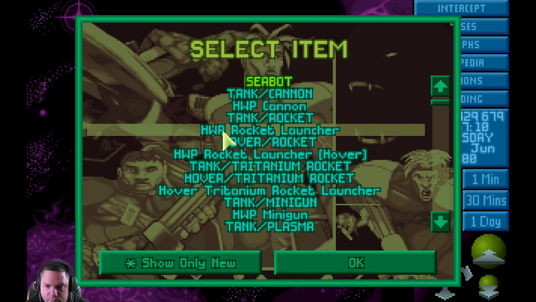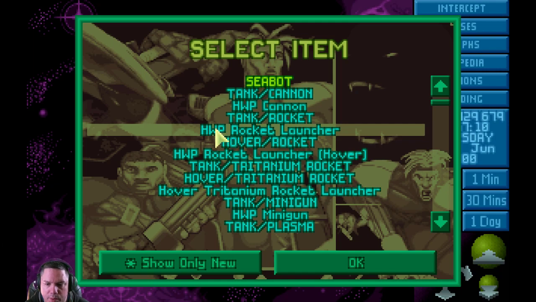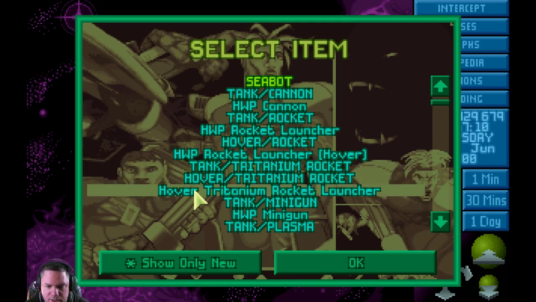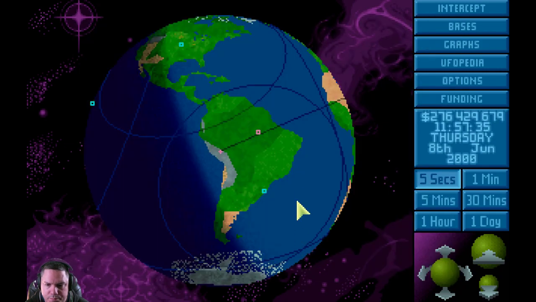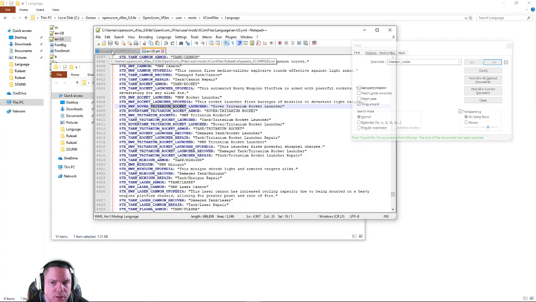And then you have the tank rocket, and then the heavy weapons platform rocket launcher. But then here you have the tank titanium rocket, hover titanium rocket, then a hover titanium rocket launcher, but no tank titanium rocket launcher. But I'm almost positive